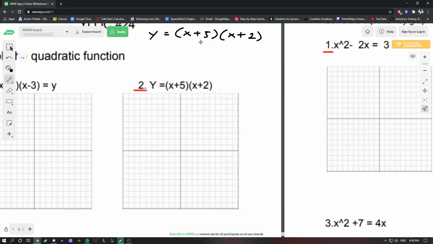So what these factors tell us is that these are considered zeros. Basically they tell us where the graph will intercept the x-axis. So our zeros are the same thing as x-intercepts. It's telling us where the graph of this function will cross this x-axis line. So to find out our zeros, we just set the function equal to 0,